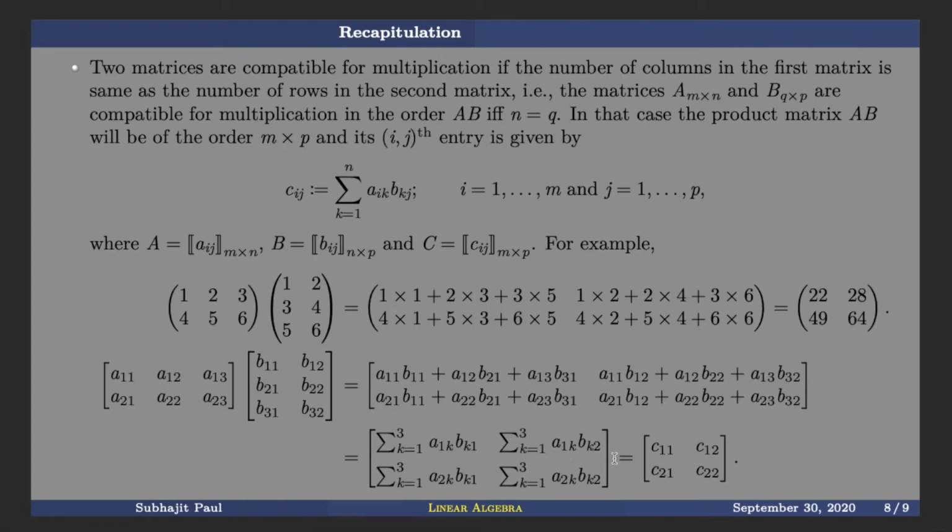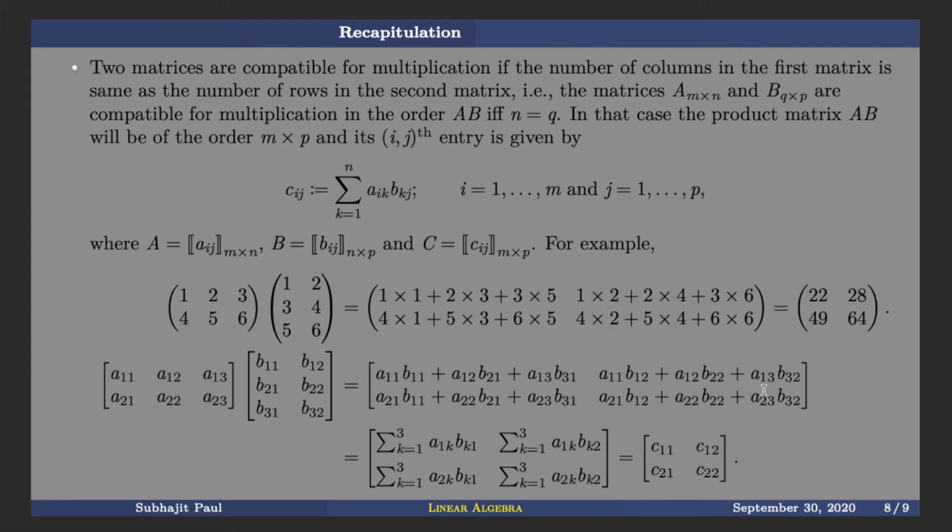Now let's check once again another entry. So this entry is the 1 2 entry in the product matrix. So what will remain fixed is the first row of A and the second column of B. These two things will remain same. The rest will change. You see over here, A1, this one is remaining same. So this is the first row of A and this is the second column of B. See, 1 here and 2 here. Here 1 in the next term, 1 here, 2 here, 1 here, 2 here. So these things are remaining same.